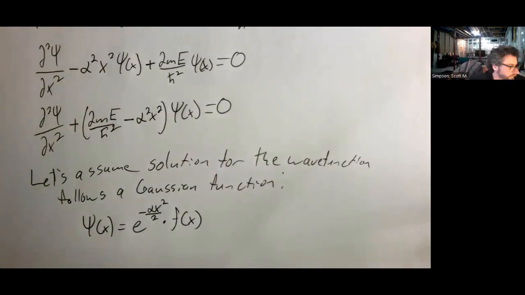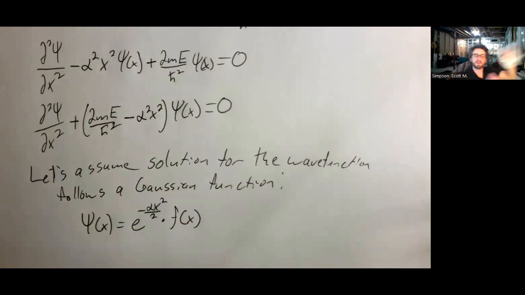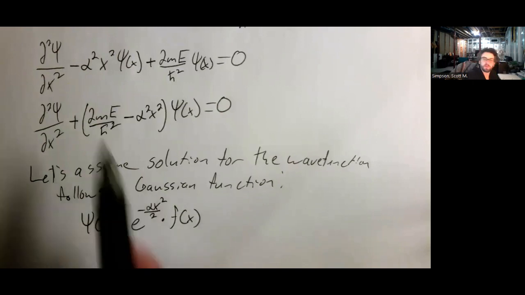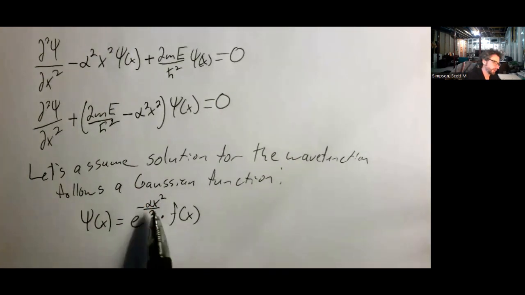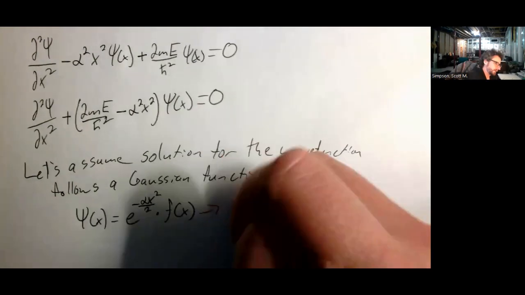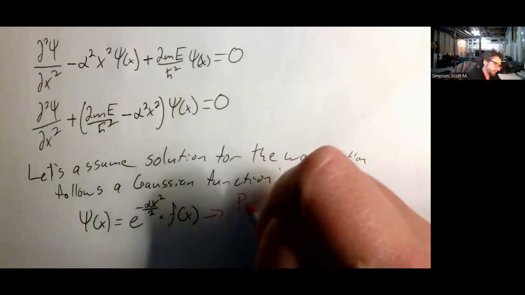So what we have here is an exponential where that alpha term, which we defined up here, shows up. It's divided by 2, x squared. And then we have this other function. This other function is a power series